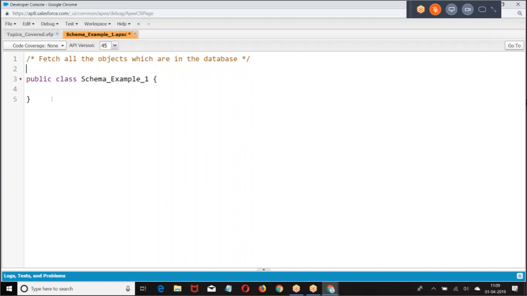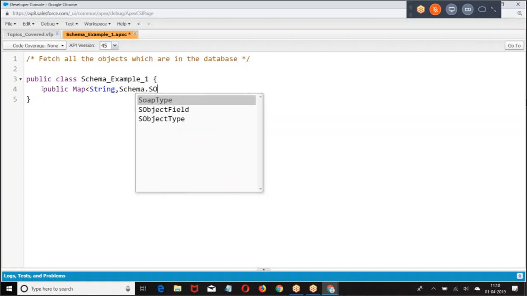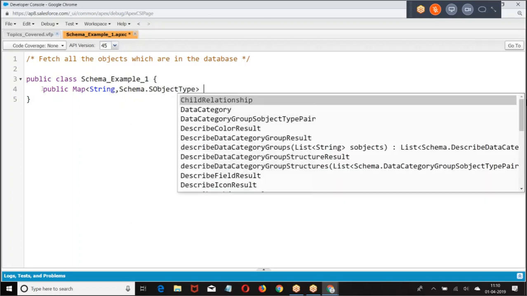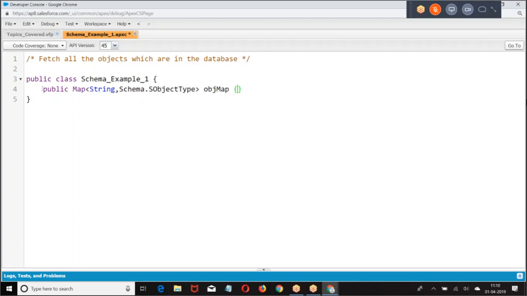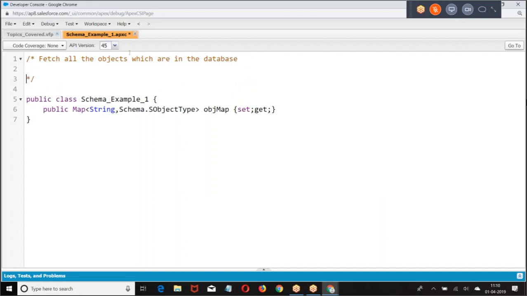So here, first we'll do a public Map of String comma Schema.SObjectType. Now look at the point. If you know the object is an Account, we take Account.